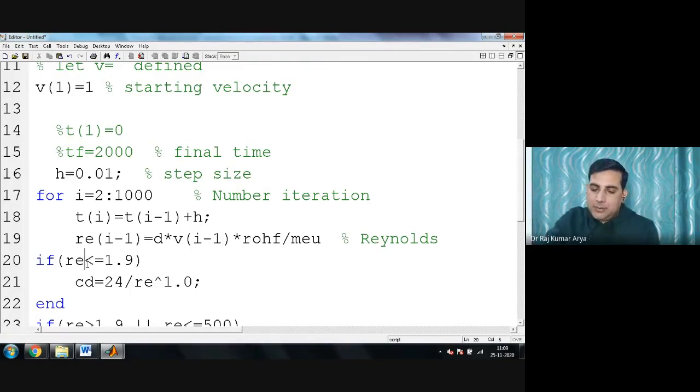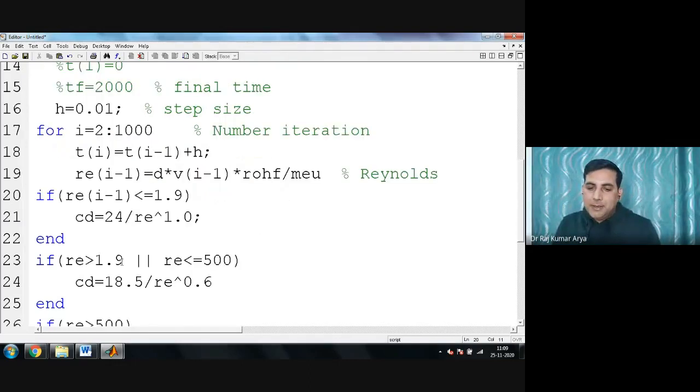I can now write RI minus 1 here. So I'm just making slight changes in terms of variables. Primarily I wrote it as a mathematical formula, and after that I'm writing in terms of arrays. So I got this, I can write it here. What should be my CDI minus 1 also?